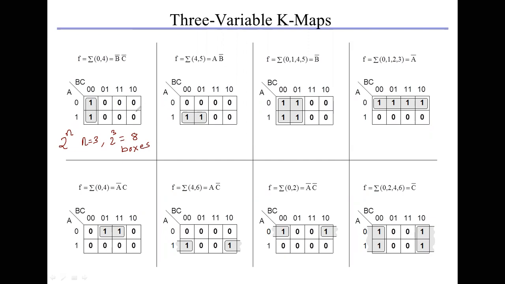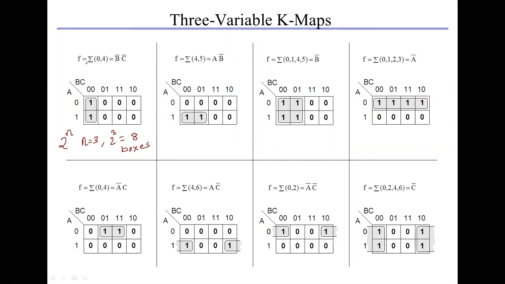In the second equation, the Boolean values are taken like this. The Karnaugh map with three variables can be shown in a horizontal as well as a vertical way, but here it is shown in the horizontal way. So here A has two values, 0 and 1. On this side two variables are there, B and C, so all possible combinations of B and C.